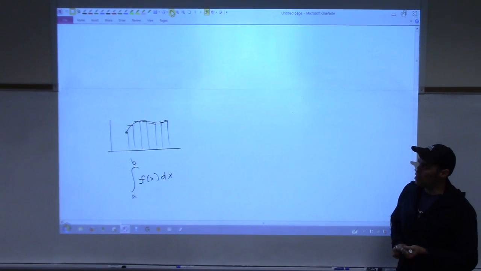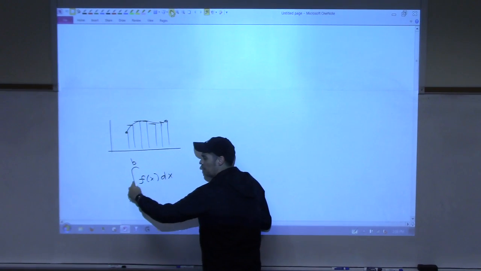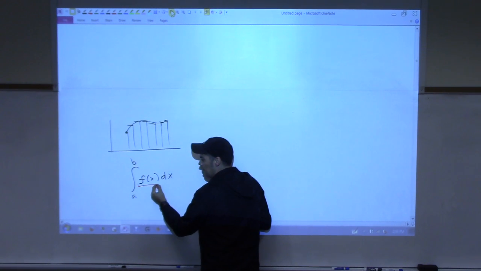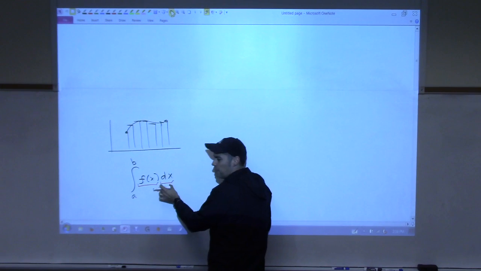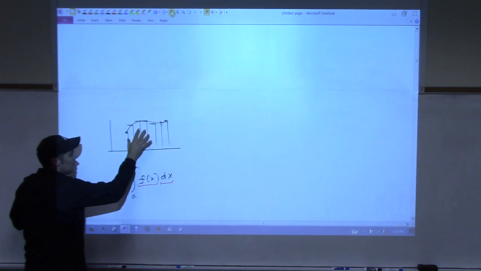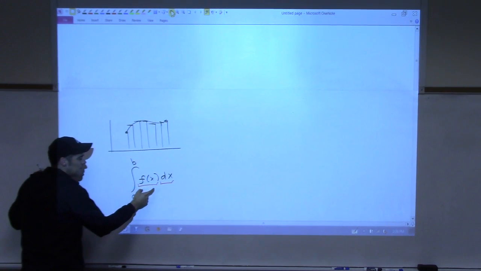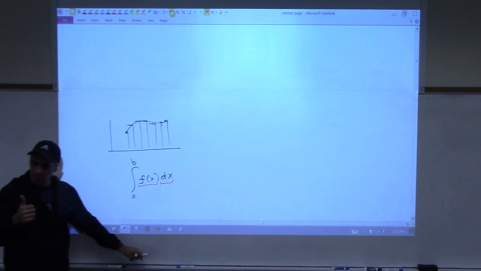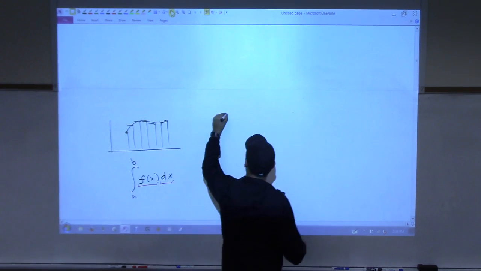If you are talking about the area underneath that curve, and you look at this as being an infinite sum, right? This was the height of the rectangle, and this was the width of the rectangle. So this is just saying, hey, look, I'm going to take that function, and I'm going to add up an infinite number of rectangles where this is the height and this is the width. Okay. Now, what if I want you to take a function